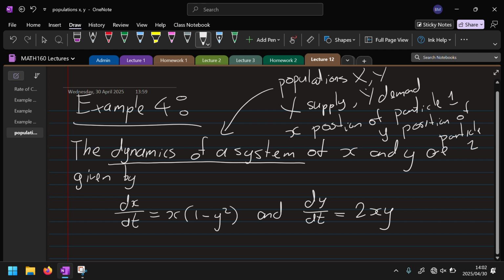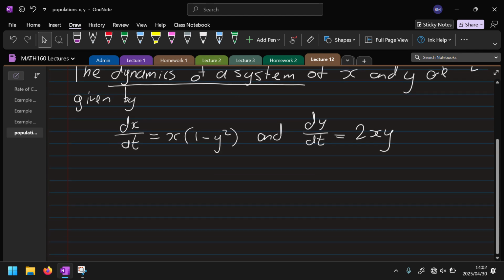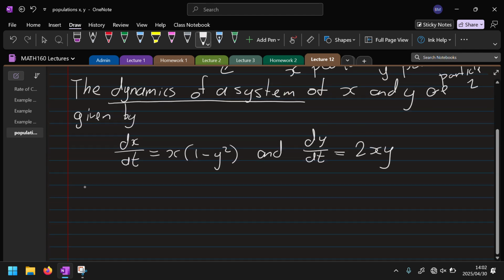Okay, but whatever the application is, in general, we have some equations, 2 of them, maybe 3 of them, that describe the dynamics. In dynamics, that is the rate of change. Okay, so whenever you hear dynamics, that is the rate of change of something. Okay, so the system is in equilibrium